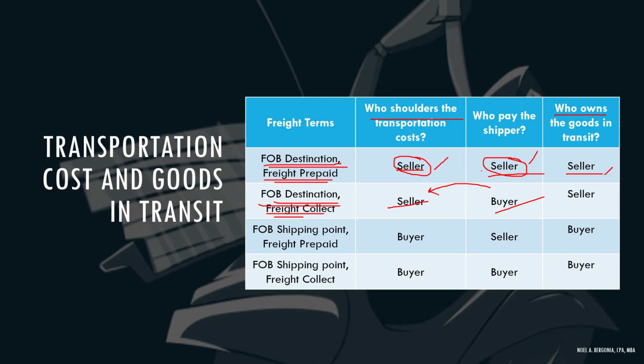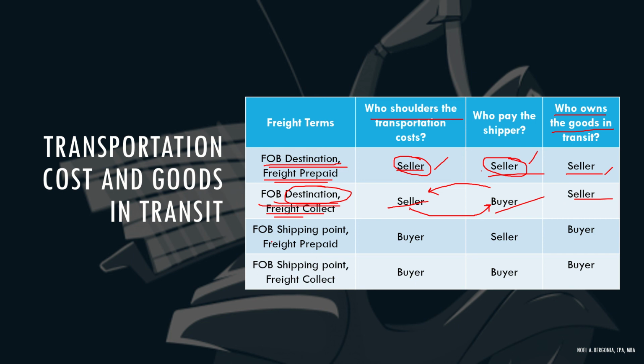Which affects the entry. So kapag on account 'yon, ibig sabihin si buyer kakaltasin niya na dun sa utang niya kay seller. Okay? So, ganun din, dito sa FOB destination, freight collect, si seller naman ho ay magkakaltas na rin nung sisingilin niya kay buyer kasi kumbaga parang nag-act na inabonohan ni buyer yung transportation costs. But also, sa question na who owns the goods in transit, ang sagot pa rin is si seller kasi FOB destination pa rin yun. Hanggat hindi nakakarating kay buyer, then pagmamayari pa rin ni seller.